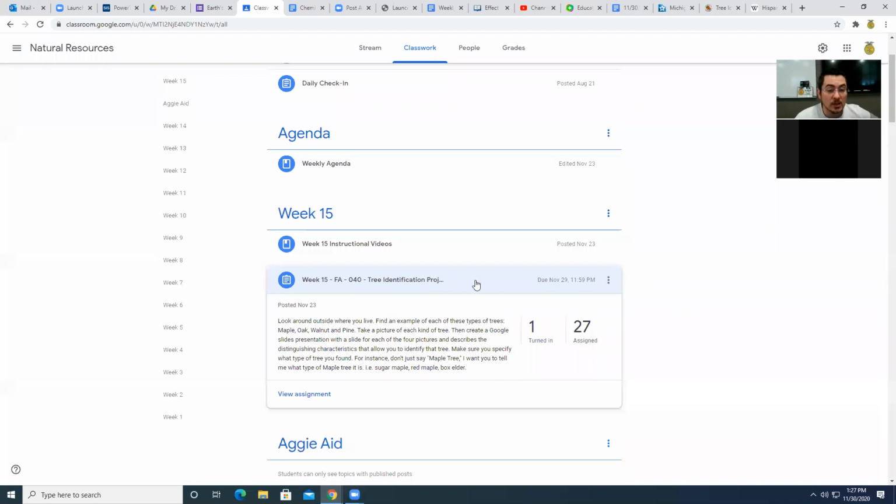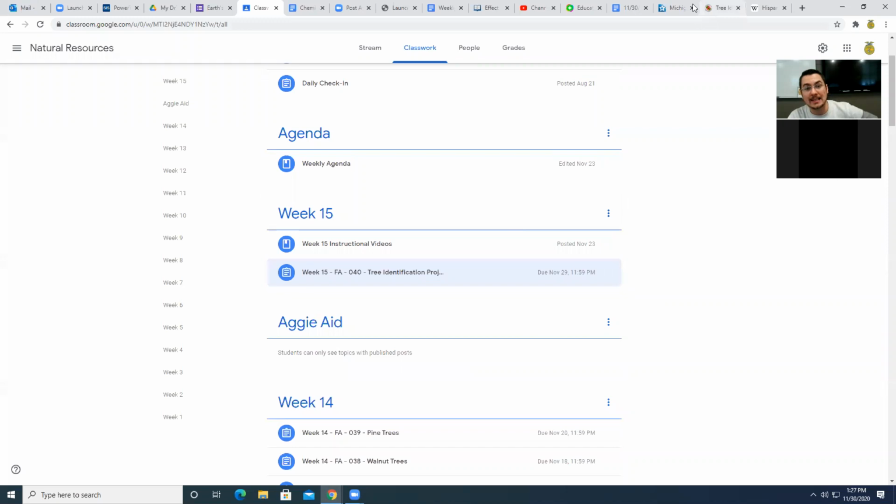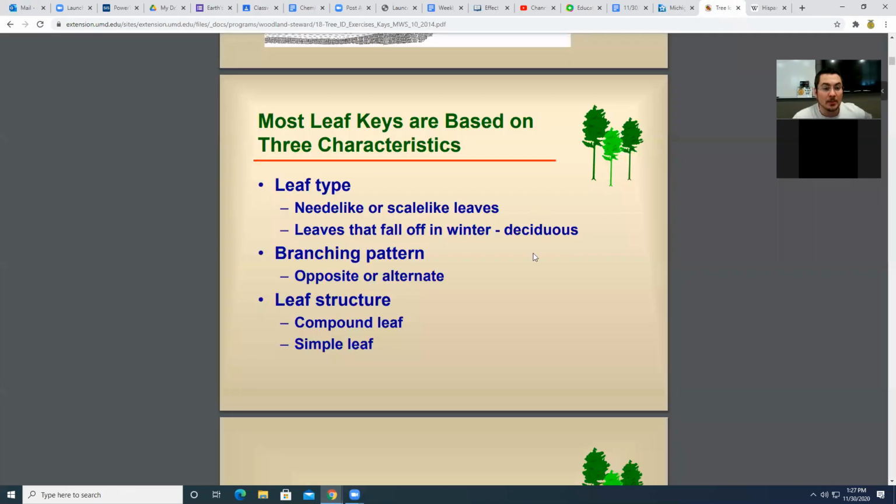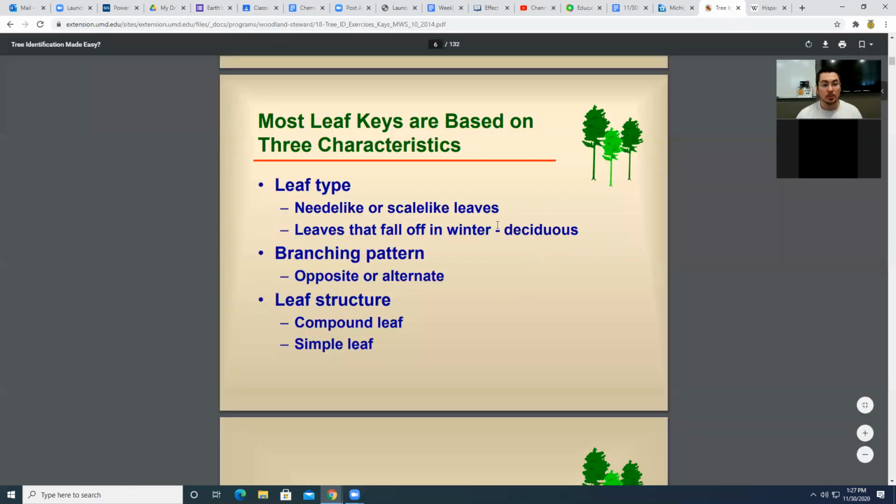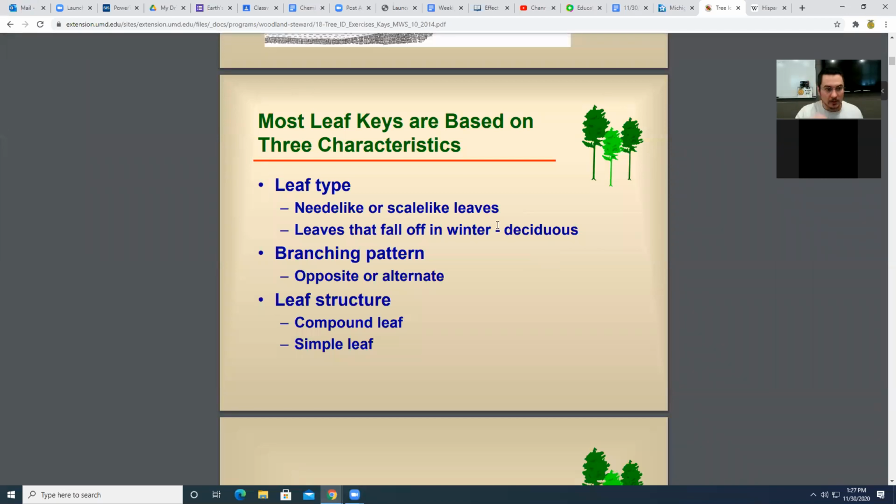Especially since it's winter outside, we can't see leaves. I want to go through a presentation that I found from the University of Maryland that does a pretty good job of teaching some of the basics of how to identify trees by their buds and by their branching pattern. Especially branching pattern, folks. We are going to talk a lot about this. This is your biggest clue, the place that you should start every single time outside of